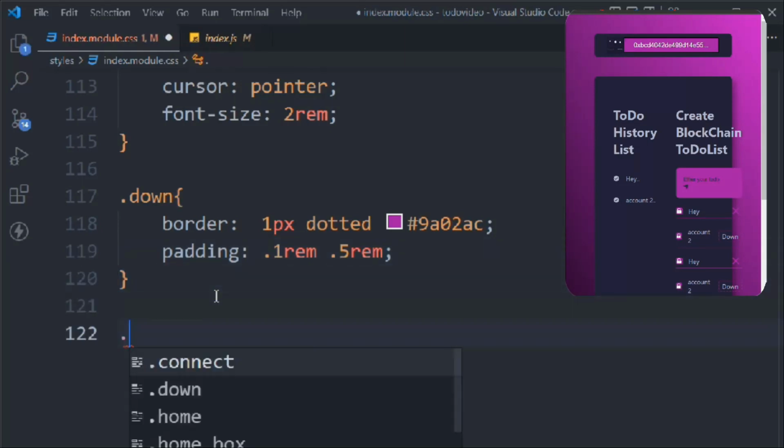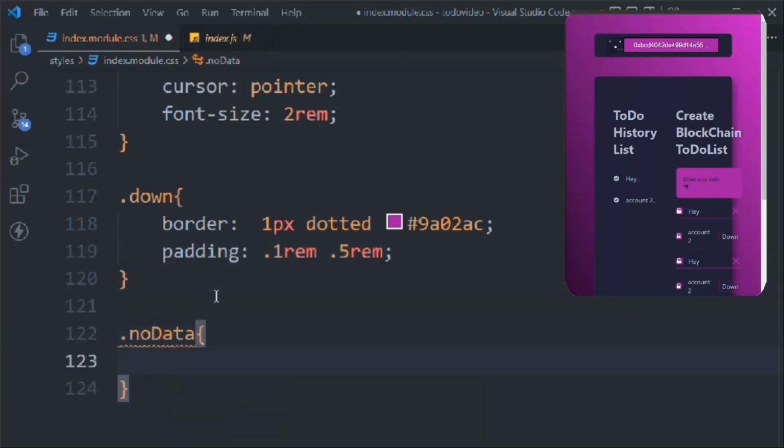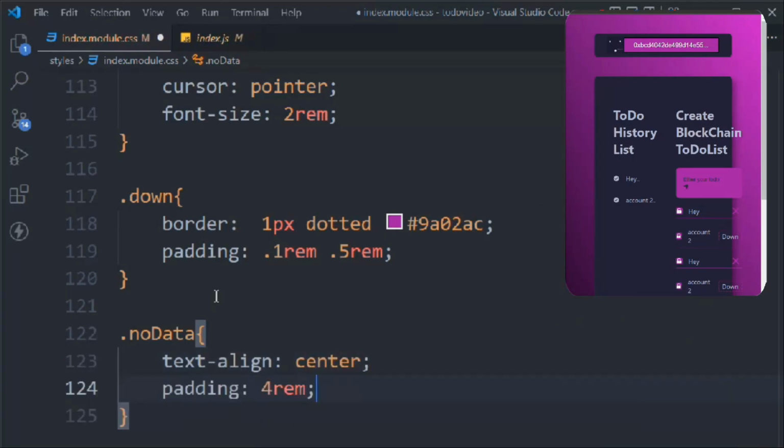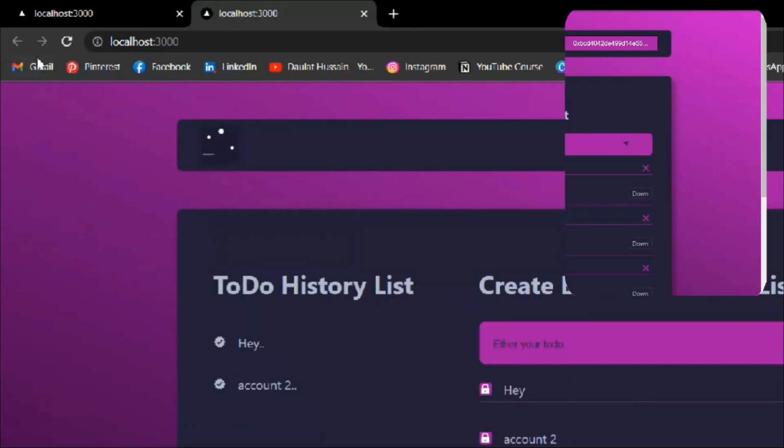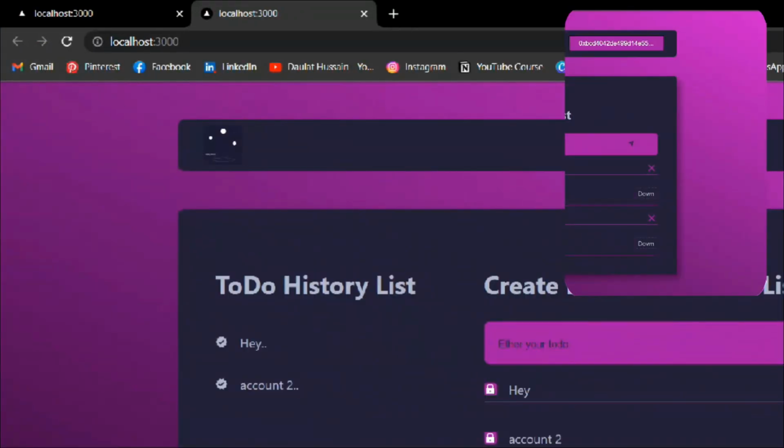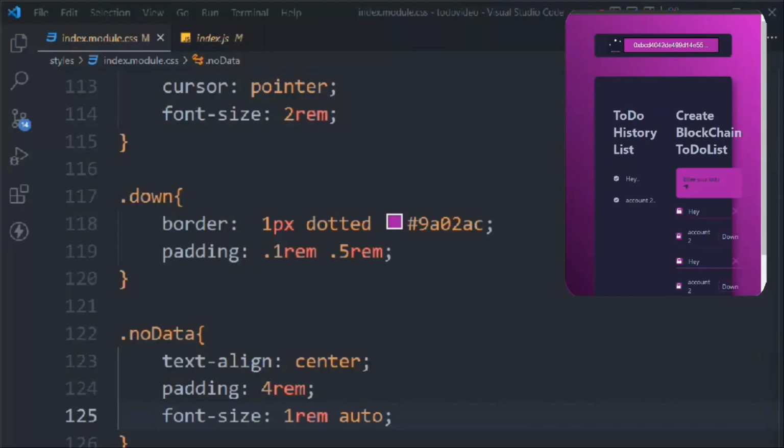Now let's get the no data. Text align is going to be center. Padding going to be 4rem, and font size is going to be 1rem. So let's reload it, and things are looking good. We have the data, that's why we can't see that no data. And